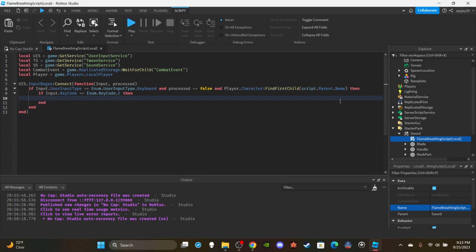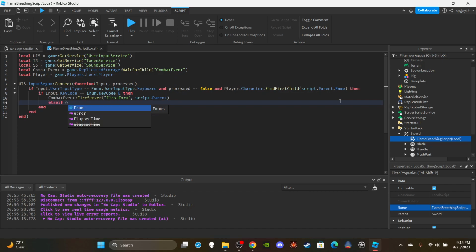So if it's equal to E, we're going to say combat event fire server in quotation marks. We're going to say first form. We need to make sure we differentiate between each event, comma script.parent. Then we're going to also send over the weapon just in case. Then I'm going to use an else if statement. So else if